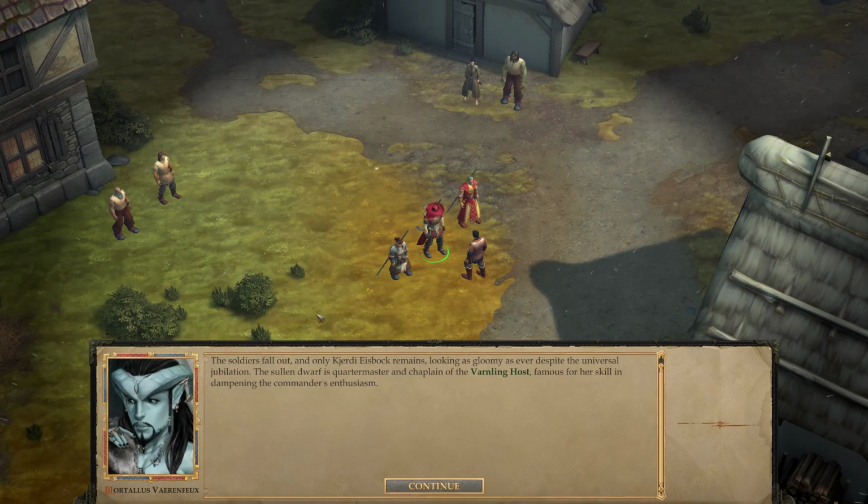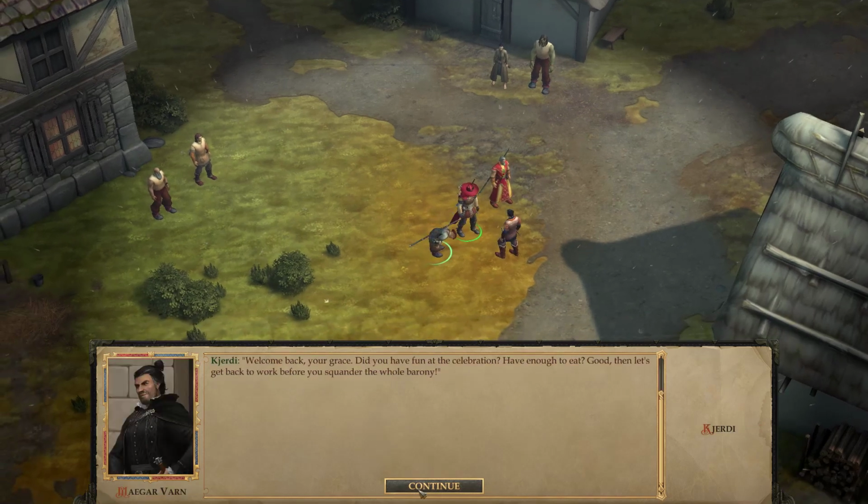Looking as gloomy endeavors fight the universal jubilation, the sullen dwarf is a quartermaster and chaplain of the Varling host, famous for her skills in dampening the commander's enthusiasm. Welcome back, Your Grace. Did you have fun at the